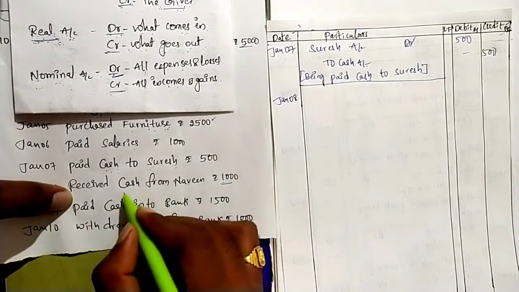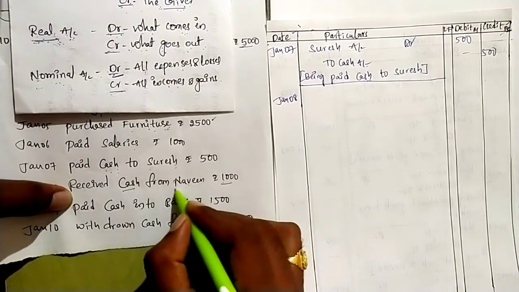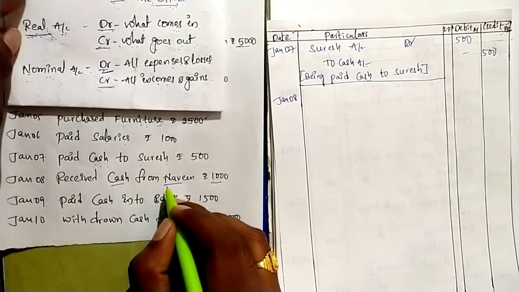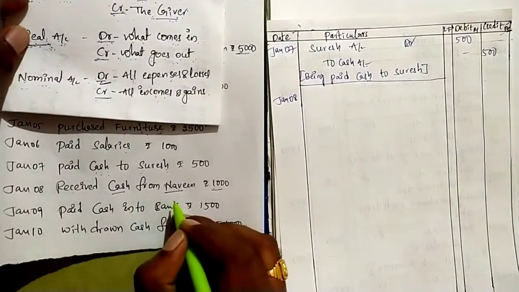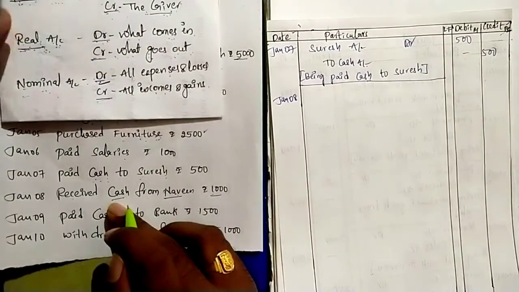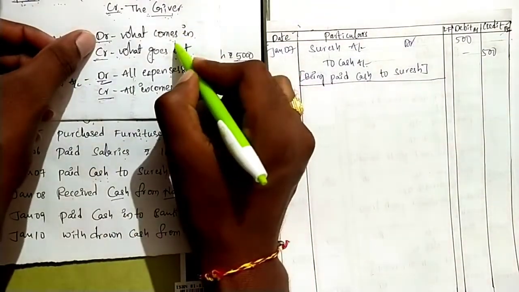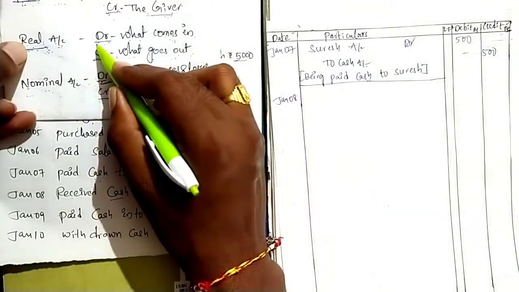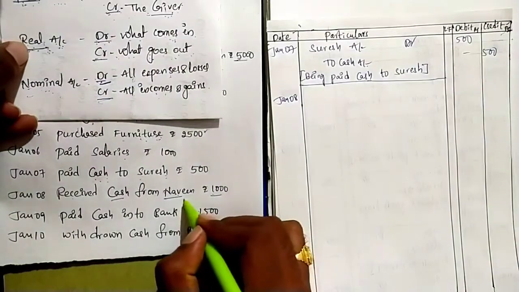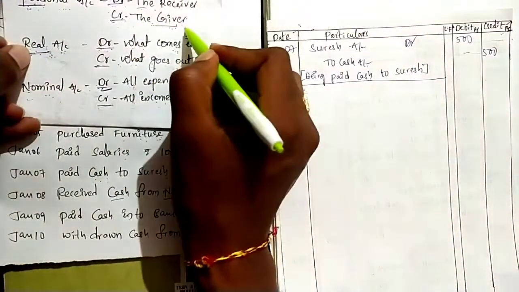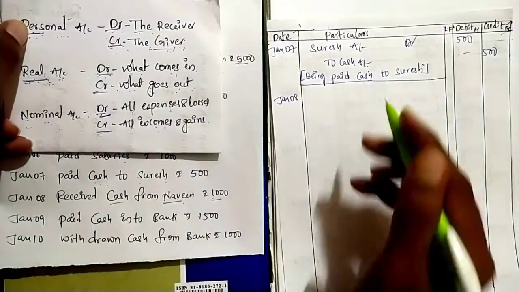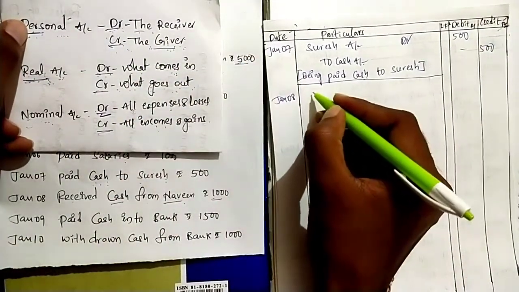See this, in this transaction cash involved and person involved. Cash is an asset, Naveen is a person, so we have to follow the personal account at the same time real account rule. See this first, cash, we received cash means cash comes into the business, so automatically cash account is to be debited, it's clear. Next, who is giving that cash? Naveen, so automatically Naveen is a giver, Naveen account is to be credited as per the rule of personal account.